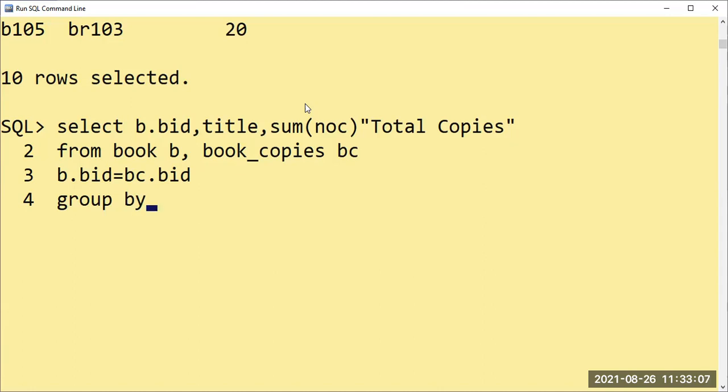This B101 DBMS is the same here. So what I do, B101 DBMS, only one I will take and total copies I will make it total here. 10 plus 20, that is 30, and B101 DBMS, that is a single only. So group by, what I have to take it is B.BID. B101, B101 together. B102, B102 together here. Getting understanding? Only one time it will write here.